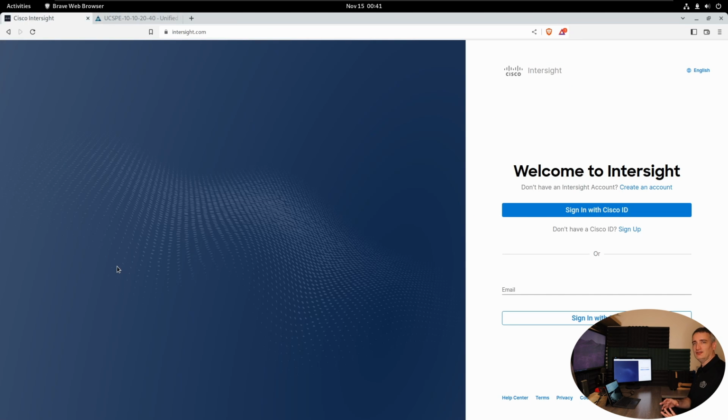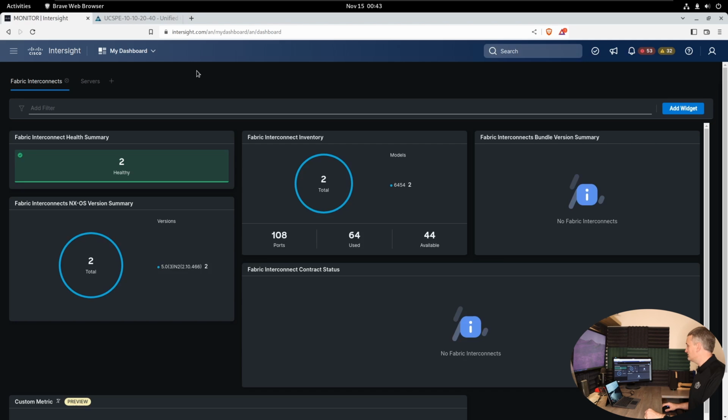Now for Intersight, you have intersight.com, and I'm going to go ahead and sign in with a Cisco ID. So give me a moment. Okay, and we are into Intersight, and the way I've got it coming in here is I've gone into my dashboard here,